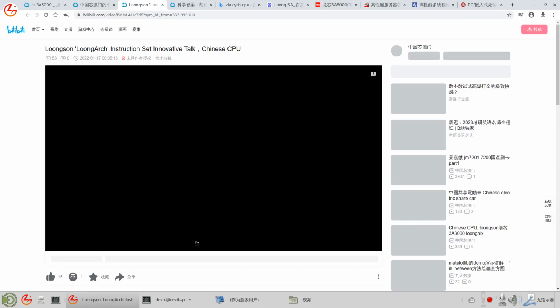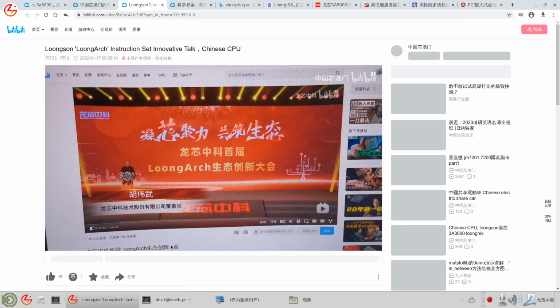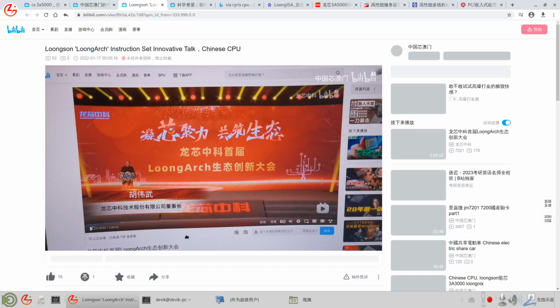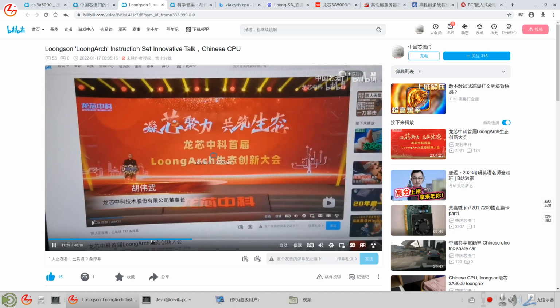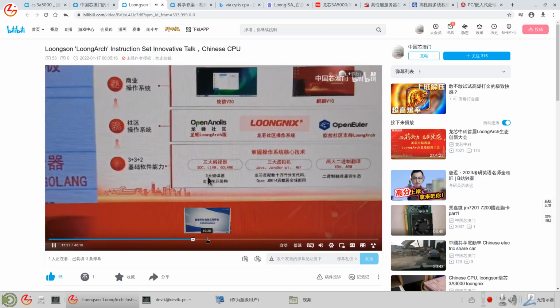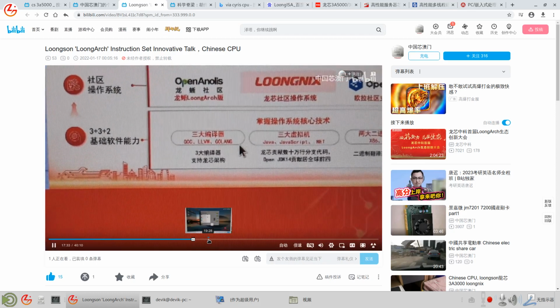So here is about the binary translation. I'm showing this Photoshop running apps and so on. This is the LVM Golang.